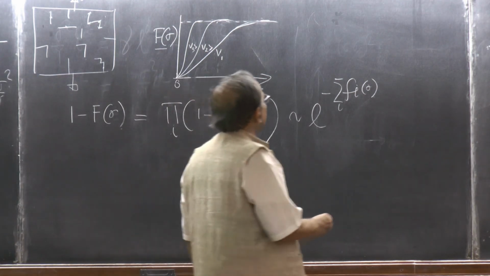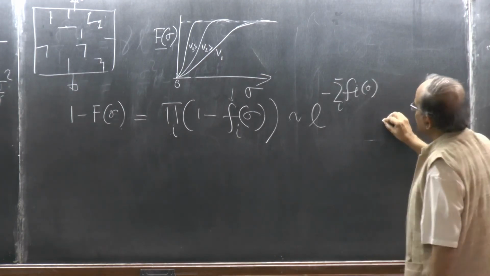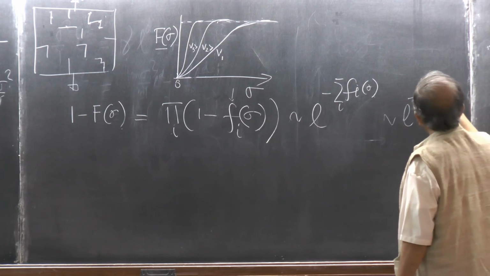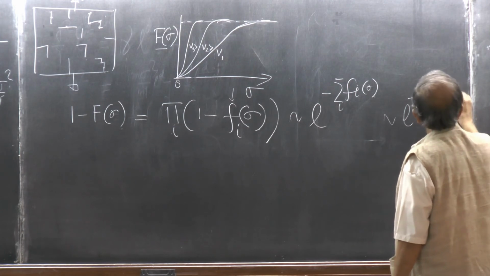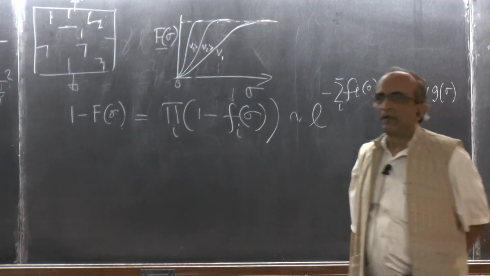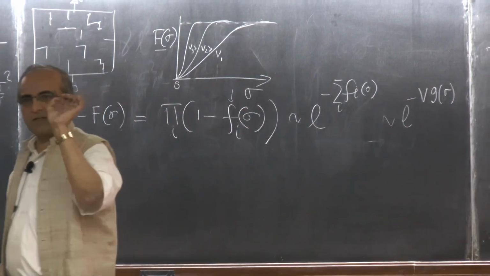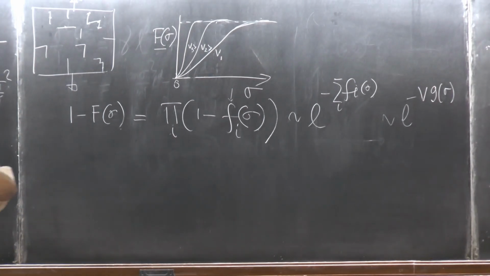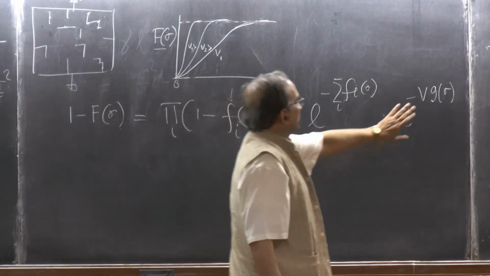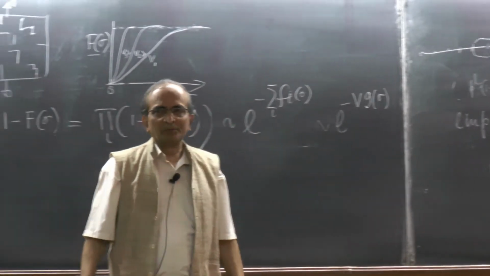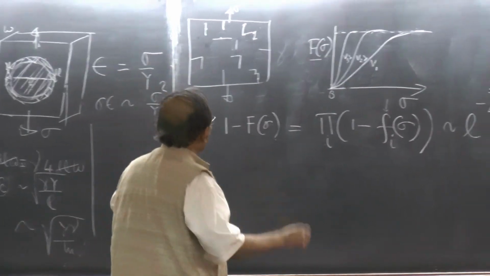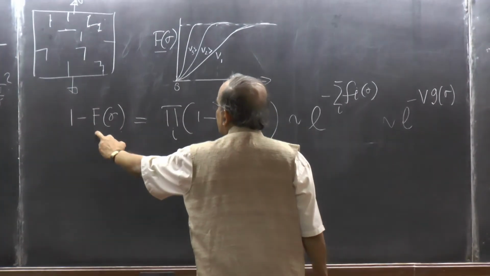And that says that I can write it as e to the power minus volume into densities of cracks which are failing under stress sigma. I can look for each of the crack and then do it, but I just say that there is a density of cracks which are failing under stress sigma. Suppose I know that, and this has come. And you will see that the failure probability has already come,